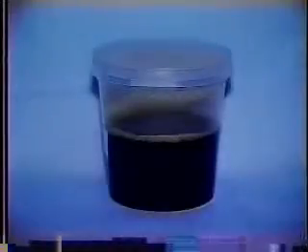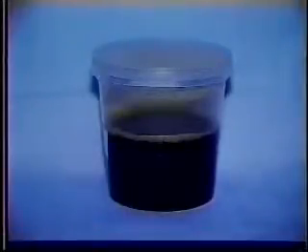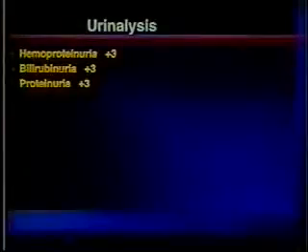This is the urine from the cat. You can see that it's very brown. When looked at closer, it was red, and so it was evidence of hemoglobin in the urine. When you did a dipstick on the urine, it had hemoproteins, bilirubin, and proteinuria. And remember, any amount of bilirubin in cat urine is abnormal. Cats do not normally secrete any bilirubin in their urine. So if you see that on a profile, you will know that there is something wrong with the bilirubin metabolism